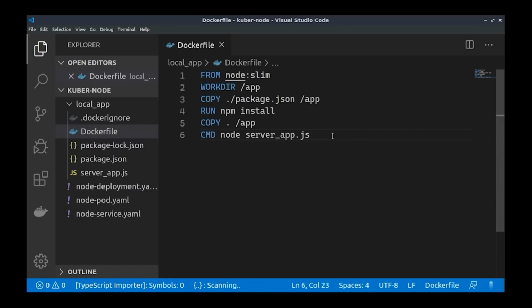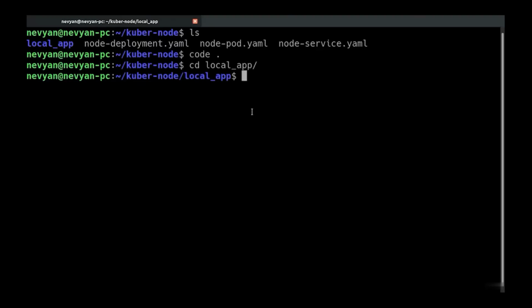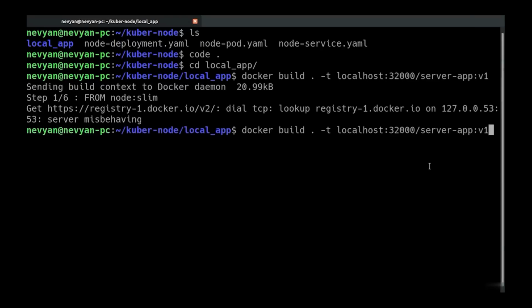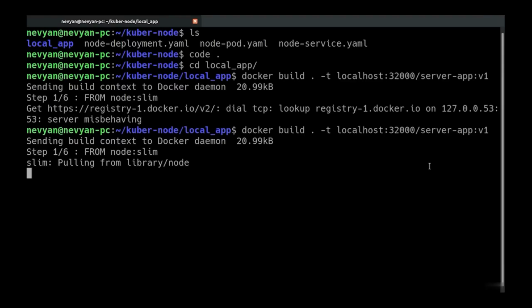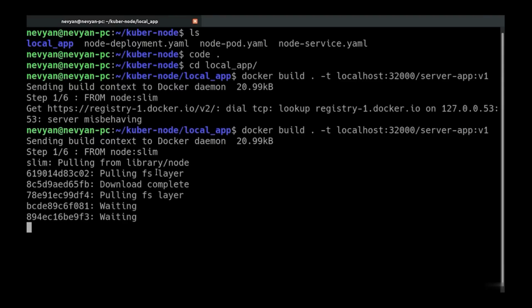So we go to our terminal. All right, so we'll go to our application, and here we will build our image. So for the build process, we are using the current context. So we will start from the local app directory. We don't want those files to be included inside, just our application. And then we are tagging the application with the following name. And also we're using version 1 of our application. All right, probably some network errors. Let's redo the command. And now we see how initially we'll be pulling the Node image, and out of it